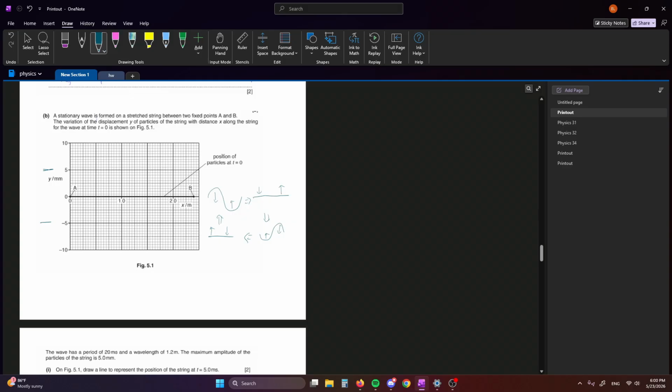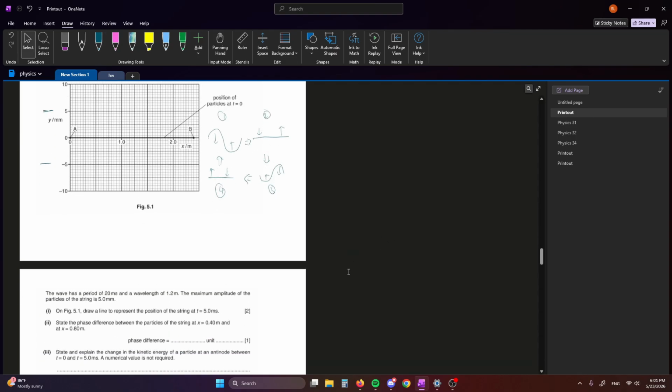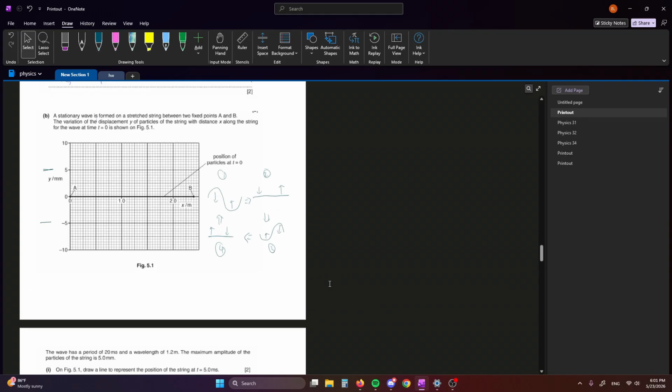Yeah. So basically we start from either position 2 or position 4, and we can choose which one to start with. It doesn't really matter for this one because they don't specify exactly where. I know recently for the, what is it, the 2-1 for the May-June series 2026, they just told you to write a possible wavelength. So